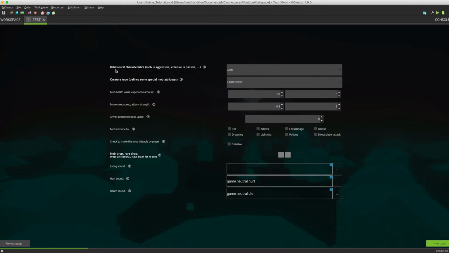Okay, so on this next page, the first thing is the mob behavioral characteristics. This is what type it is. Is it aggressive? Is it passive? Or is it like a squid, pretty much? Yeah, so after the behavioral characteristics comes up the creature type. And not many know exactly what this is. Undefined. This pretty much just tells the game